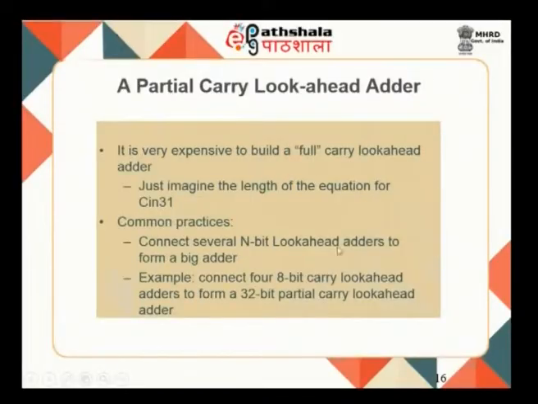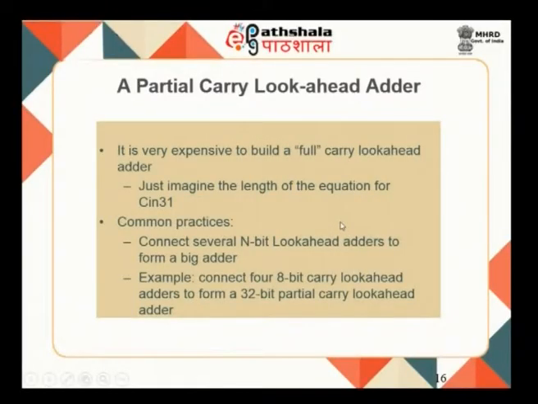So, irrespective of which carry you have to generate, it is only going to take 3 delays: 2 delays for generating the carry bits and 1 delay after that to generate the sum bit. But the drawback of your carry look ahead adder is that as the number of stages increases, the number of inputs that go to your AND gates and OR gates becomes very, very large. So, you have fan in fan out constraints coming into the picture, and it is not practically feasible to implement